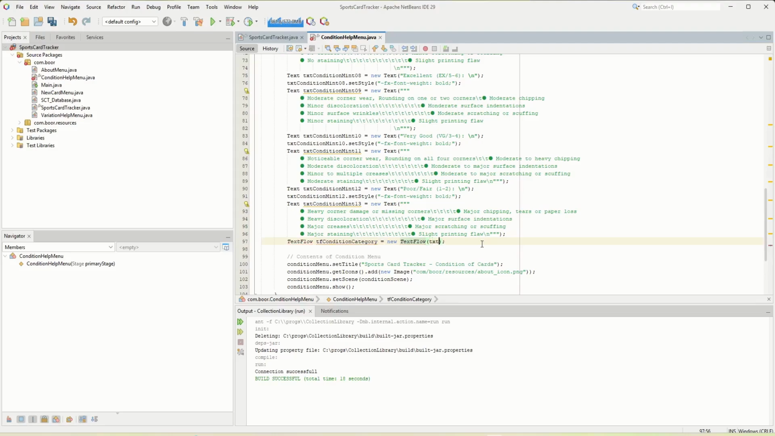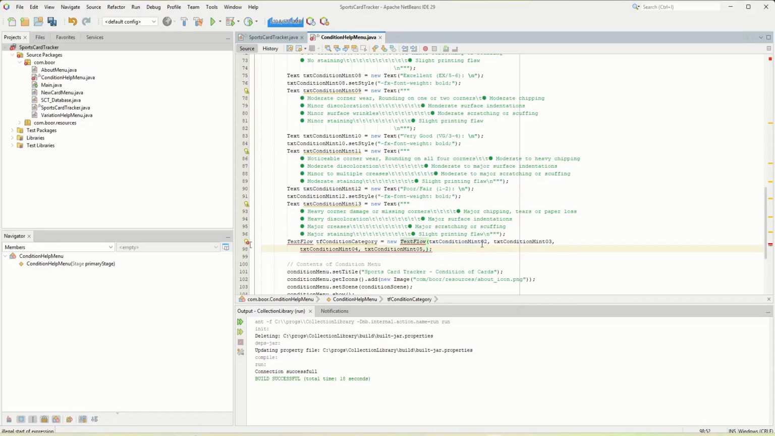So txt condition mint 02, comma. Now what I'm going to do, because I've named everything txt condition mint except for the number at the end, I'm going to copy that part of the text. Then I'm going to paste it in, and I'm going to put my number afterwards, 03, then 04, 05,